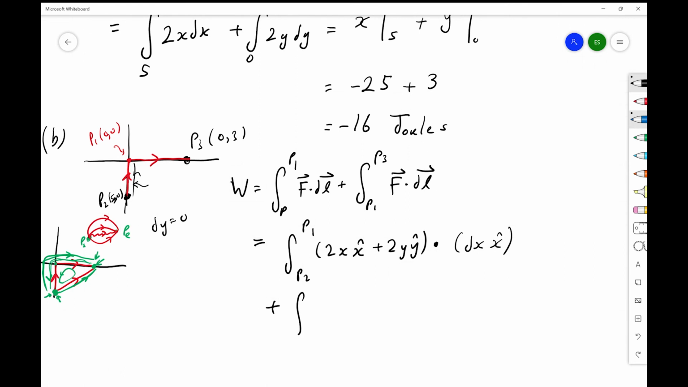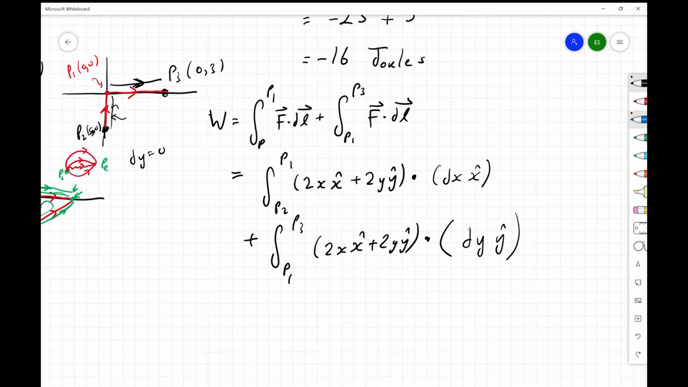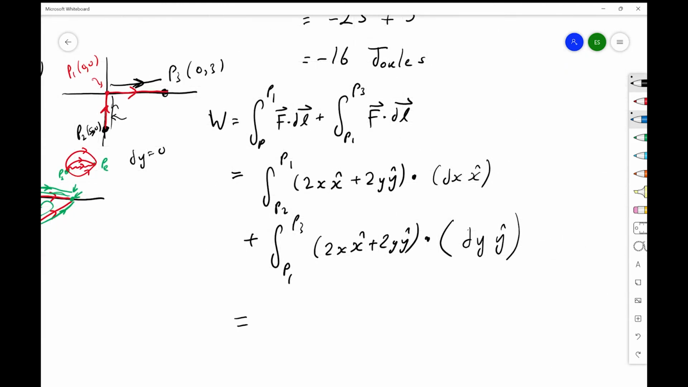right? Plus now P1 to P3, 2x x hat plus 2y y hat dot. Now along this path here, notice that x is not changing. Because x is not changing, in the differential element dx is always going to be 0, so the differential element is just going to be dy y hat. So if we do this,